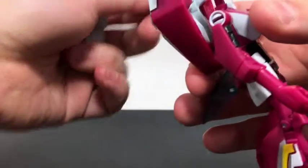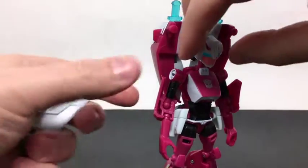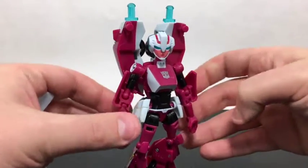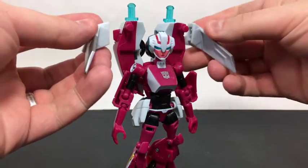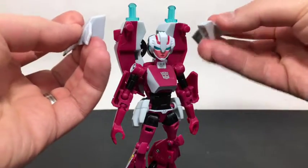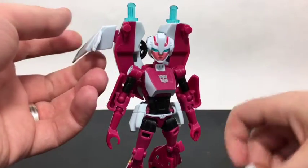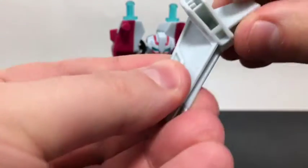And you can, of course, as I'm sure a lot of people have shown already, take these off, which makes for a more compact, semi-classic looking Arcee, which is nice, and honestly, I will say preferable. But then you're left with these, and I don't want to just tuck them off to the side. I kind of wish that they could go down like this, or like this, but they don't really. It just doesn't stick. They can kind of go on, but they bump off real easy. So what I've ended up doing is I just sandwich them together like this, and